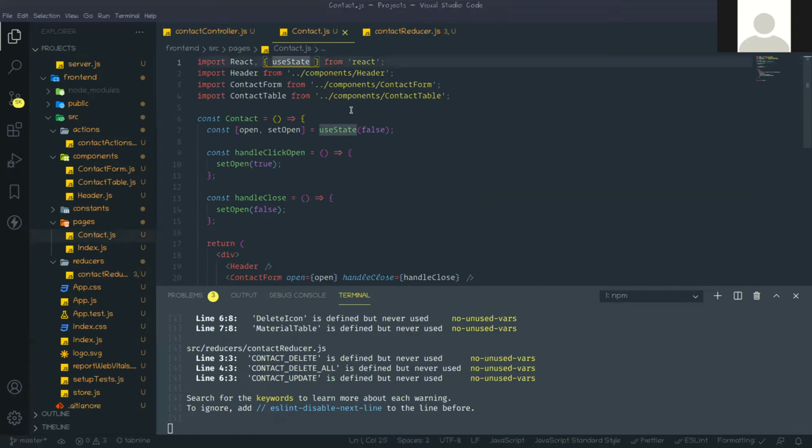Here we need useEffect. useEffect means when the page renders, after that we will call that API.